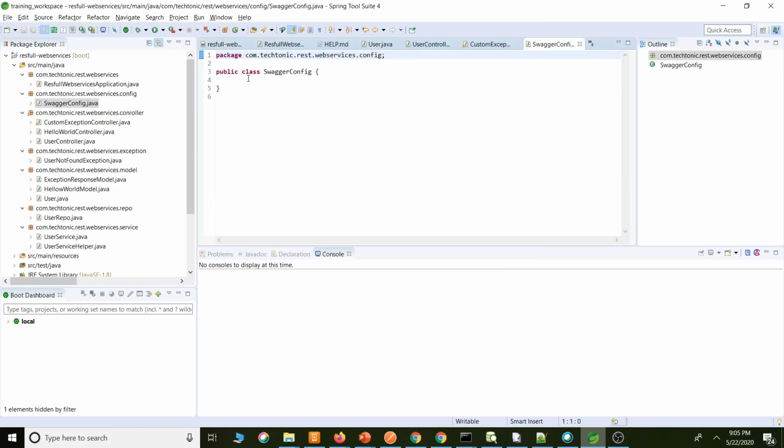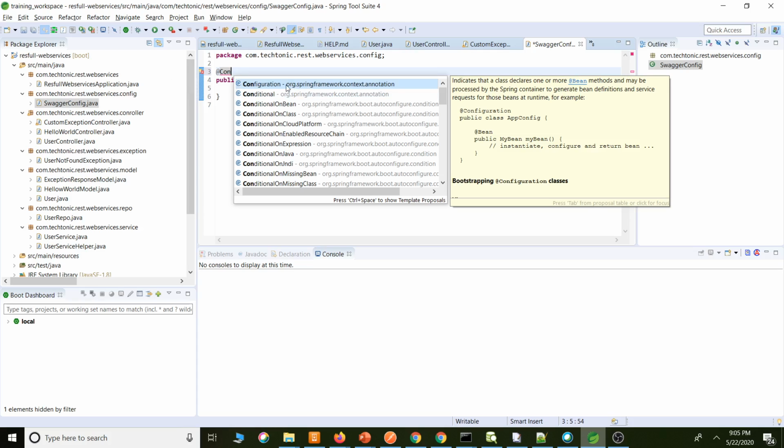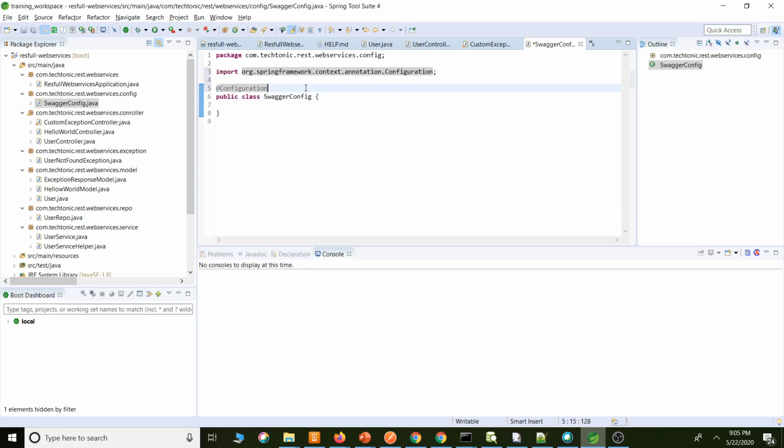Hence, this is a configuration file. Spring provides the @Configuration annotation so that Spring scans this configuration file and creates the required dependency.